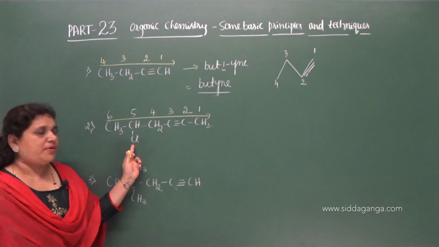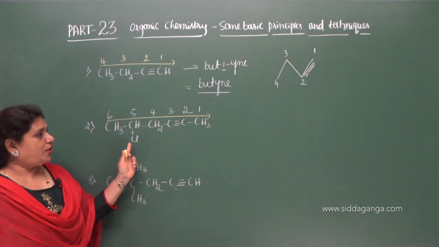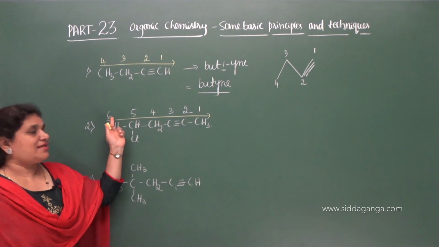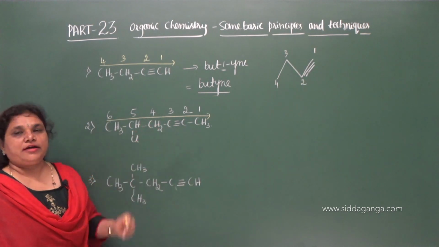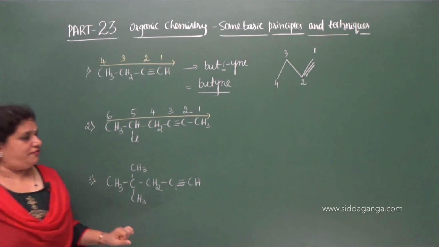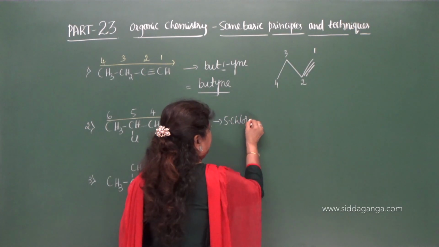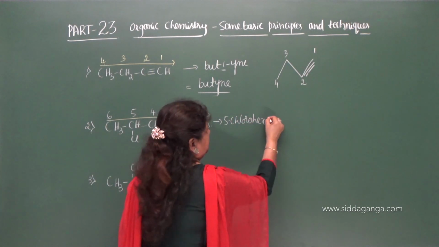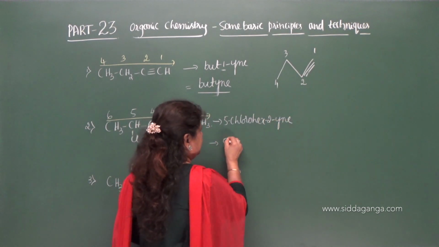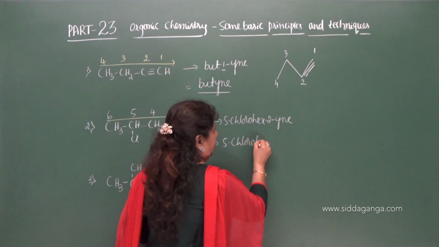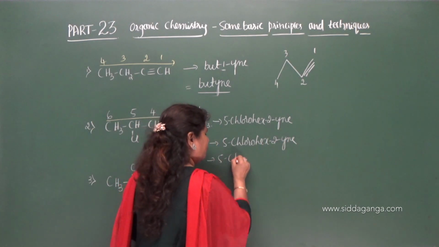And on the fifth carbon we have the chloro group, that is the chlorine substituent. We have a prefix here, chloro. How many carbon atoms are there in the selected carbon chain? 6, and hence the root word is hex. And between the second and third carbon we have the triple bond. Therefore, what is the name? First is the prefix 5-chloro, then root word hex, and what is the position? 2-ine. So hex-2-ine, you can write it as 5-chlorohex-2-ine, or else you can write it as 5-chloro,